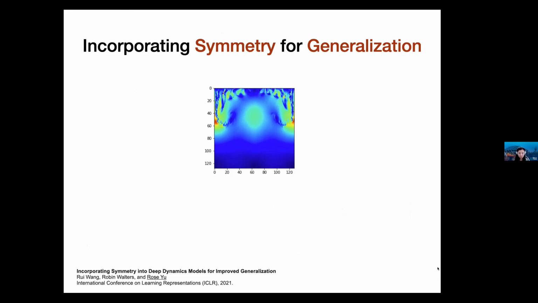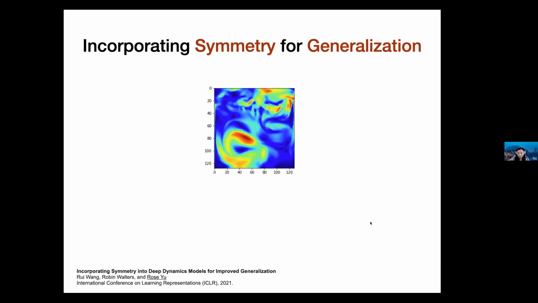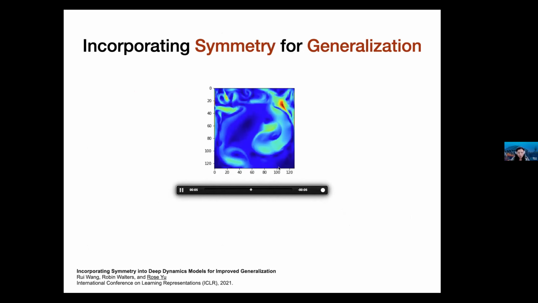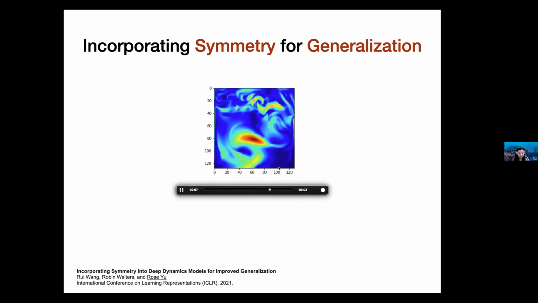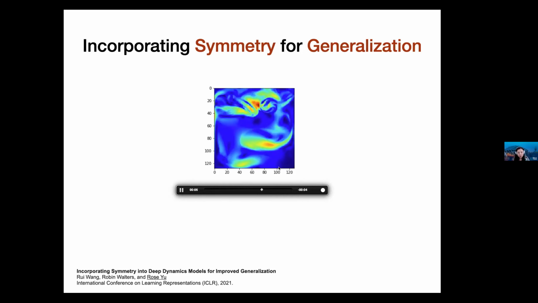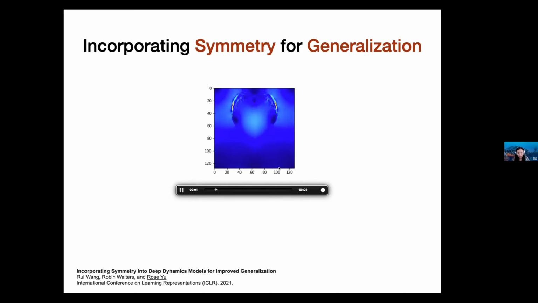Okay, so this first paper is about learning symmetries in differential equations. This is a pretty cool video about turbulence, right? And this turbulence is governed by the Navier-Stokes equations, and it's extremely difficult to simulate the Navier-Stokes equations at high resolution. So the goal of this paper originally was to design a deep learning model as a surrogate model that can quickly generate the velocity field of turbulence.